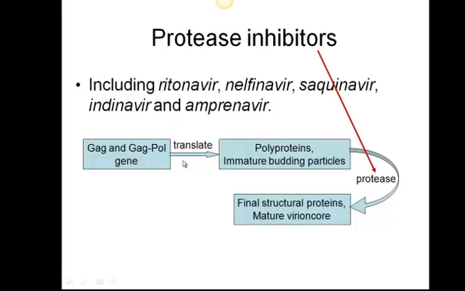So again, these guys are going to be required to actually cleave the proteins that are used in producing the mature viral particle. They're utilized in creating the capsid proteins, and also in creating the final proteins that will be incorporated into the viral envelope. By inhibiting the maturation of these viral proteins, you inhibit the formation of the full viral molecule as well, and so you inhibit budding and release of the viral particles from the infected cell.